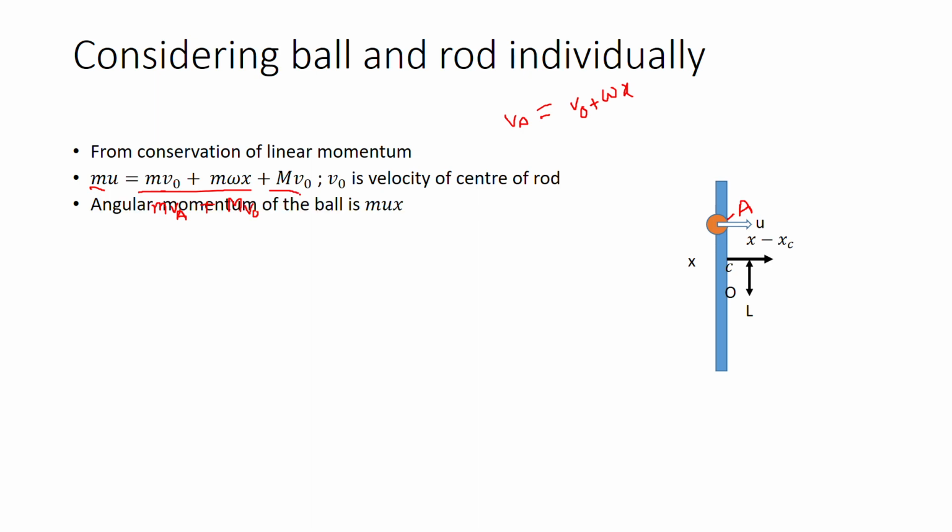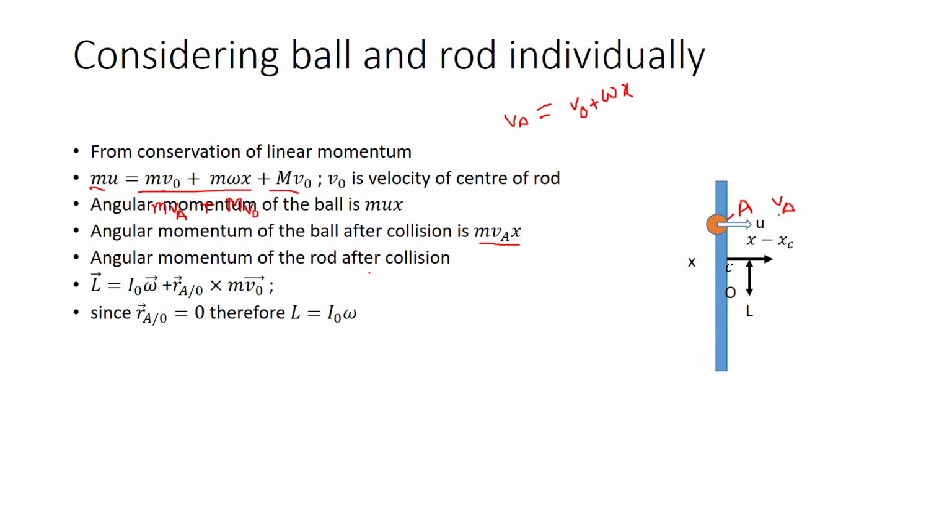Now the angular momentum of the ball about point O, about this point, will be mu into x. Similarly, the angular momentum of the ball after collision will be mva into x, because this is point A and the ball will have the same velocity as that of the rod at point A, so the velocity of this ball will be va after impact. So angular momentum is mva into x,